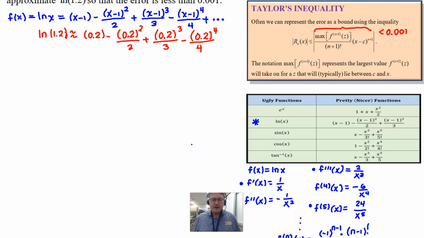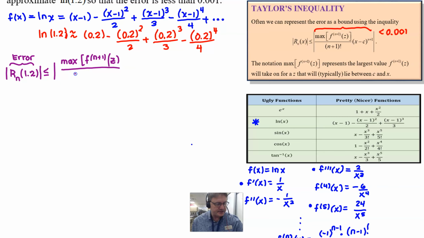So where are we? Well, we're at a stage here where we want to compute the absolute value of the nth term of r at an x we know to be 1.2. Because remember, this is our error. Sometimes it's called remainder, sometimes it's called error. It's the specific error when we evaluate at that specific x. So according to our formula, this is less than or equal to the absolute value of the maximum of the n plus 1 derivative of f evaluated at z, okay, we'll deal with that in a second, all over n plus 1 factorial